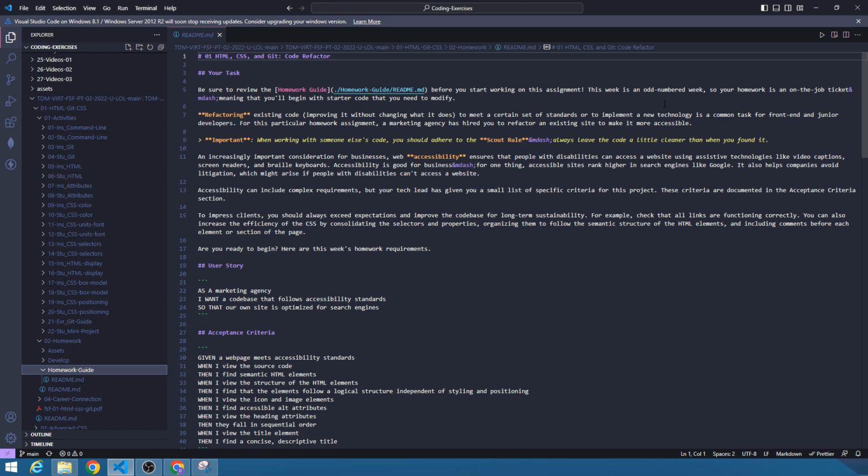Refactoring existing code. What is refactoring? Existing code, improving it without changing what it does to meet a certain set of standards or to implement a new technology is a common task for front-end and junior developers. For this particular homework assignment, a marketing agency has hired you to refactor an existing site to make it more